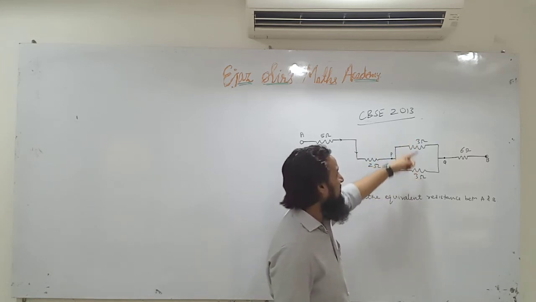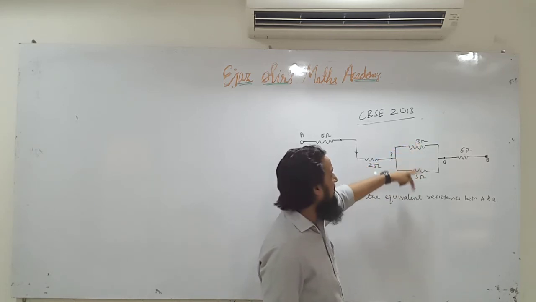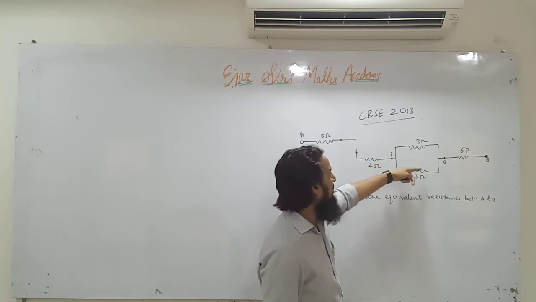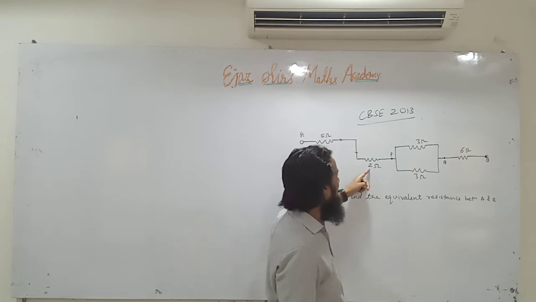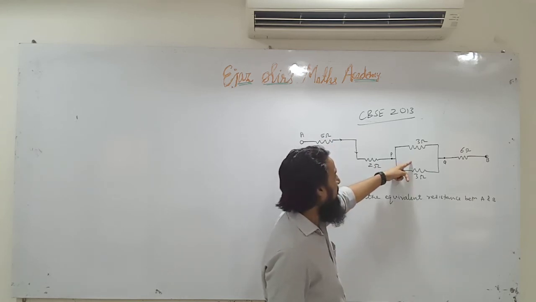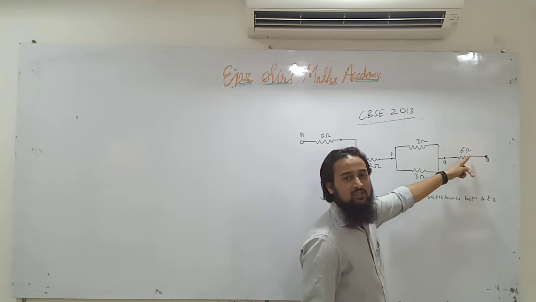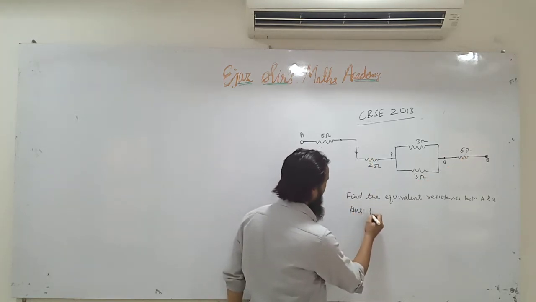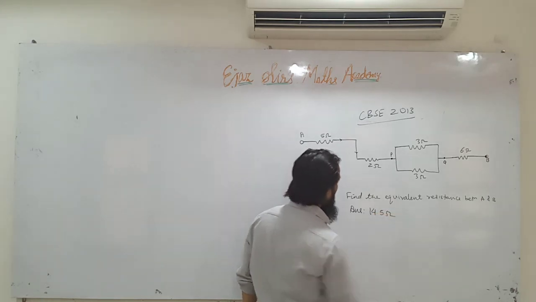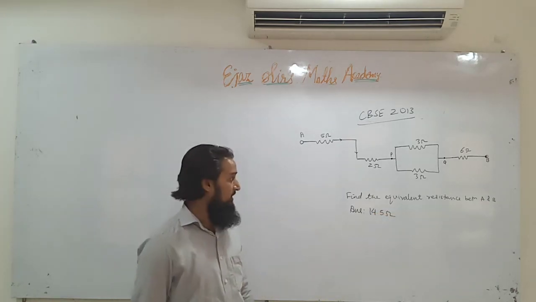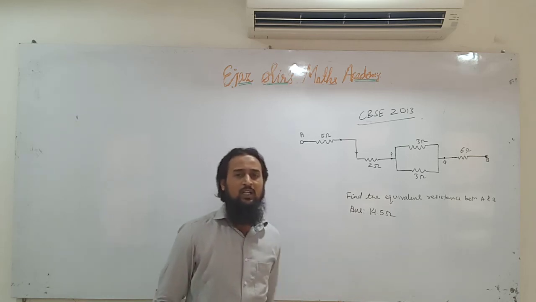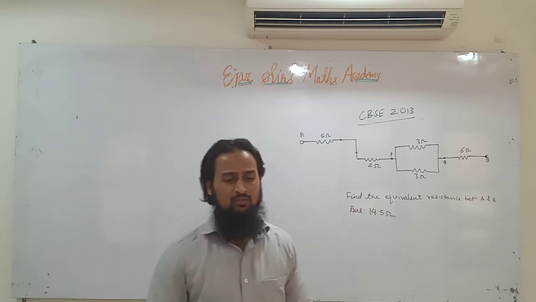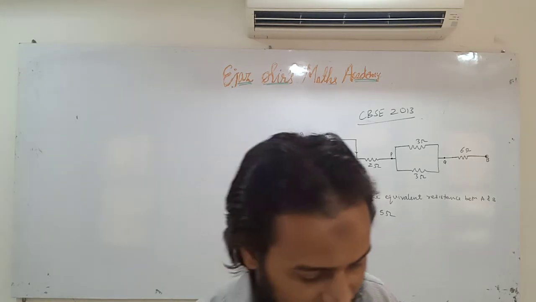And these 3 and 3 are in parallel, so that will give us 1.5. 1 upon R1 plus 1 upon R2. So 5 plus 2 is 7, and this 1.5 makes 8.5. 8.5 plus 6 in series will give us the answer, 14.5. I have given the answer. You have to try to solve it. You will write it down completely and you will solve it. And if possible, send the solution to me on WhatsApp. The next question.